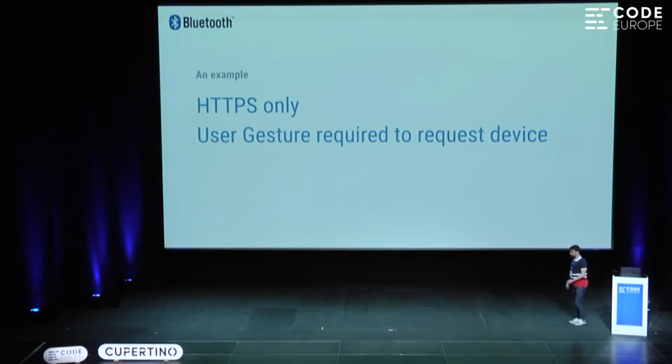One of the things when you're using these new APIs, we were talking about the sandbox before. There's a requirement that you use HTTPS, so this is secure connections. This is a requirement. But you also don't want to browse around the web and suddenly you go to a website and suddenly it's connecting to your microwave. So the thing is that it will need to show a pop-up dialog or a drop-down, and it needs to be instantiated from a user gesture. You need to click on something. So it's not just going to connect automatically, which is really good for us users.